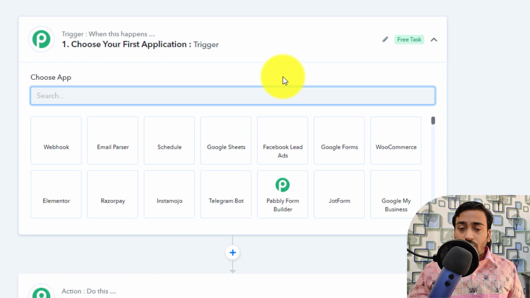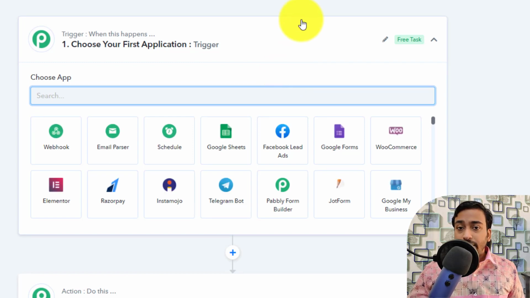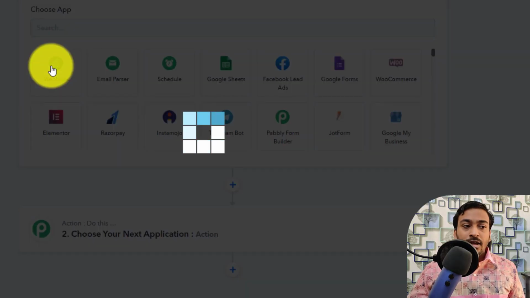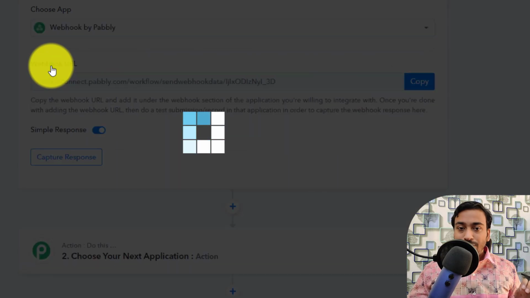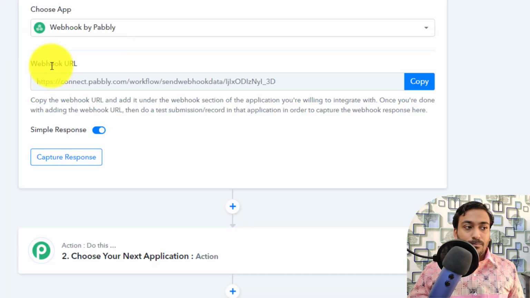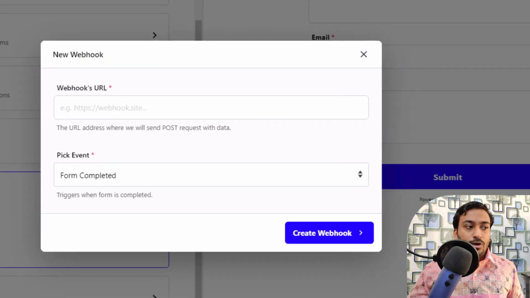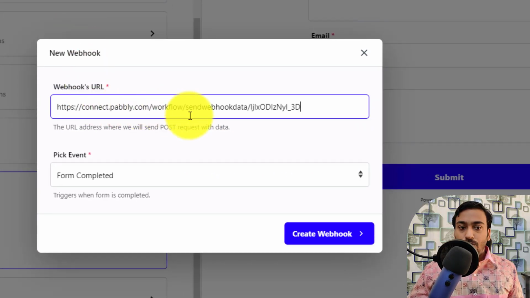You can do a lot more with Pabbly Connect with connecting different softwares. But in this example, I'm just going to focus on this use case. The first one we need to do is we need to collect the data from a webhook. So you can see it is the most used trigger. So it's showing here, but you can search it here also. So click on that and you will now get a specialized URL to use it. For example, here's the URL. I'm going to copy that particular URL and I'm going to paste it inside this webhook URL.